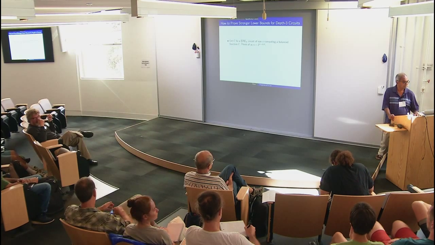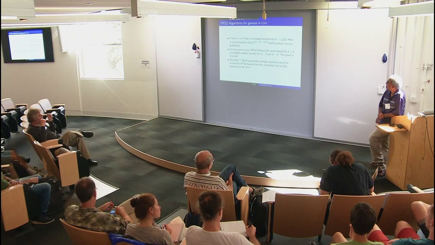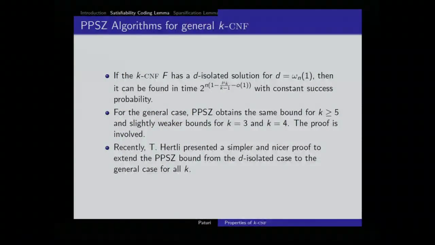So that little o of one term was all based on the distance growing. Right. So in his arguments, does that little o of one term go away? It's just 2 to the n times (1 minus mu k over k minus 1). Right. So that's the clean bound. Yeah, that's a clean bound. That little o of one comes due to the distance. So if we take distance to...